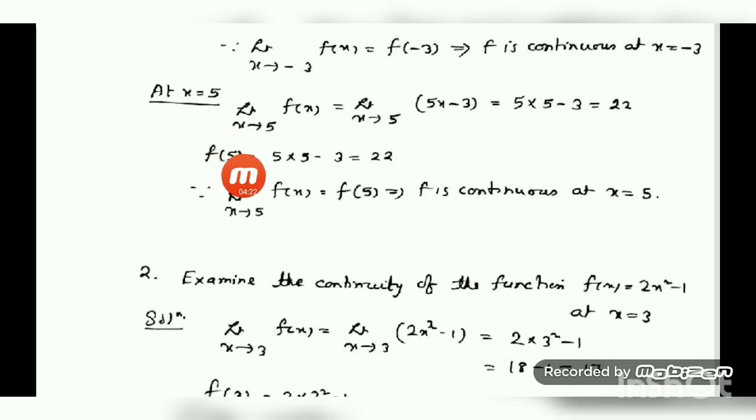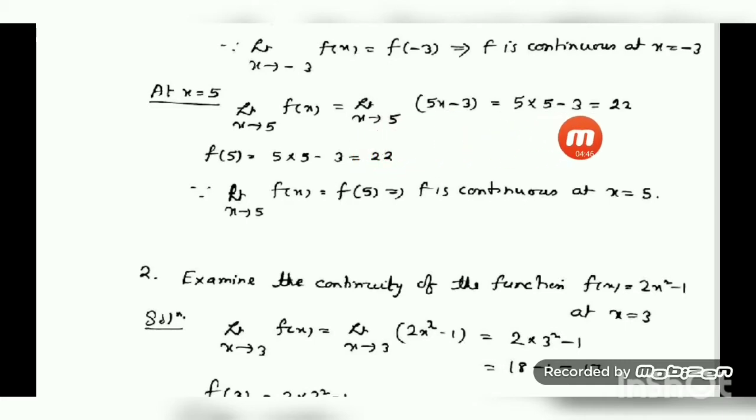So now we have to write down limit x tends to 5. Limit always tends to that particular point. Remember that. Again, the function is defined only by one way, so no need to separate left hand and right hand limit. So let us substitute f(x) value. What is f(x)? 5x minus 3. Now it is again a polynomial, so we know that for a polynomial we can substitute directly.